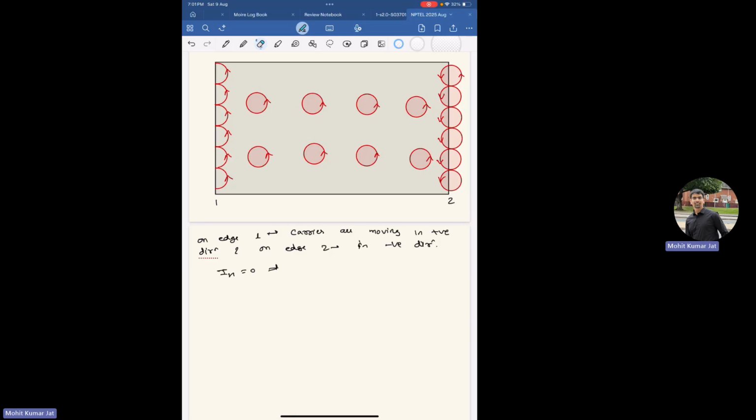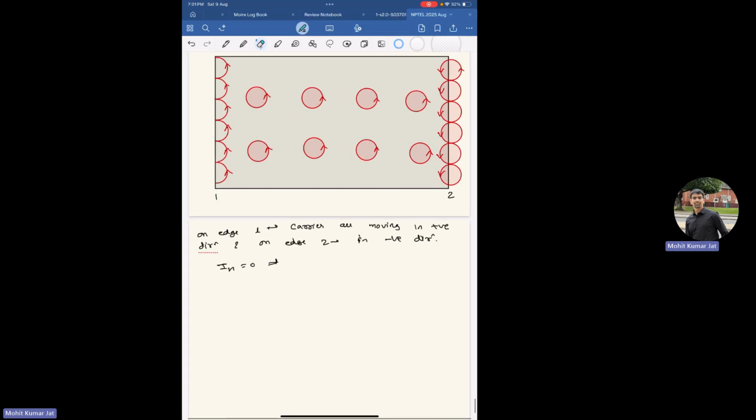These won't be there. And now you have these skipping orbits which are not fully circles, they are like semicircles. And this is what is known as the skipping orbits. Electron is jumping on the edge, and that's how the conduction is happening. And since they have the chirality, on edge 1 they will have to move in only the positive direction. On edge 2, they'll have to move in the negative direction.